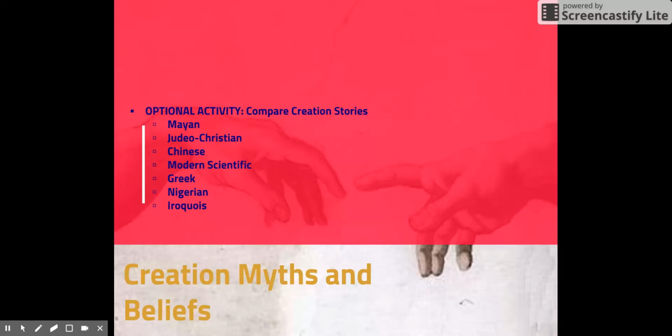If you're interested, you can also take a look at some other approaches to human development and the creation of the world, and there are some stories on the website that you can take a look at. You can compare creation stories from different societies. But for the purposes of this class and for the purposes of the AP exam, we're going to be looking